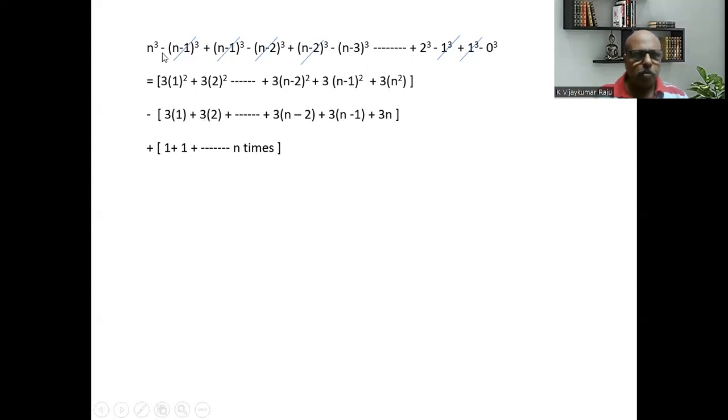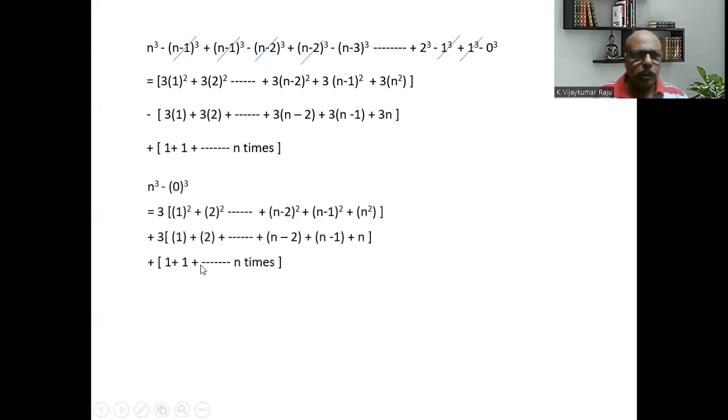Now if you see here, in this first, plus minus they cancel. Plus minus cancel. So like this, all the terms will cancel except the first and the last term. So what is left out is n raised to 3 minus 0 raised to 3. That will be the next step. So if you see here, n raised to 3 minus 0 raised to 3 will be left with,